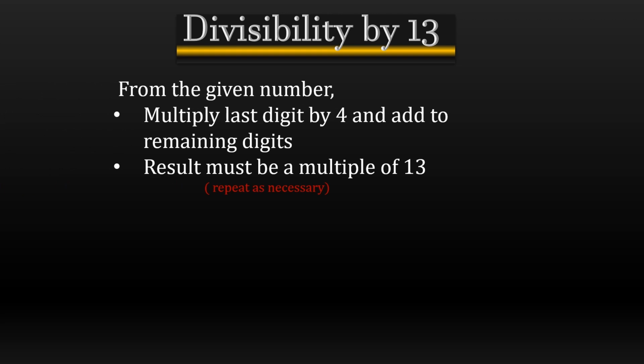Divisibility by 13. From the given number, multiply the last digit by 4 and add to the remaining digits. If the result is a multiple of 13, we can say that the given number is divisible by 13. Consider the example 71,357. The last digit is 7. We have to multiply 7 with 4. Then we get 28. Adding with the remaining digits, 7,135 plus 28, we will get